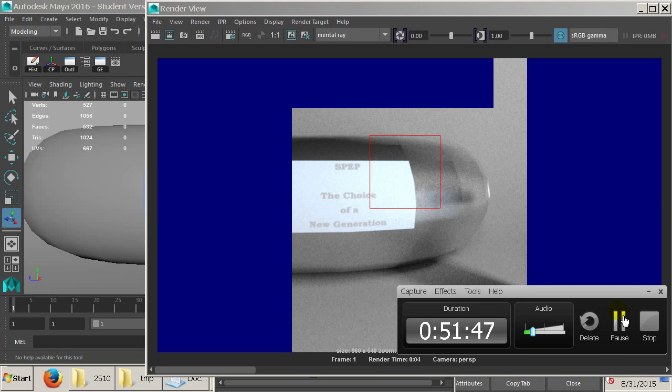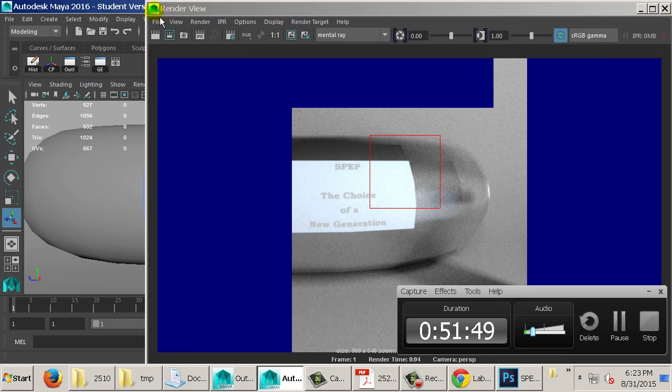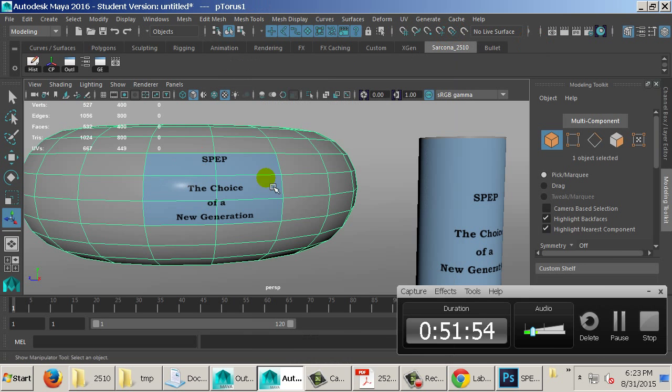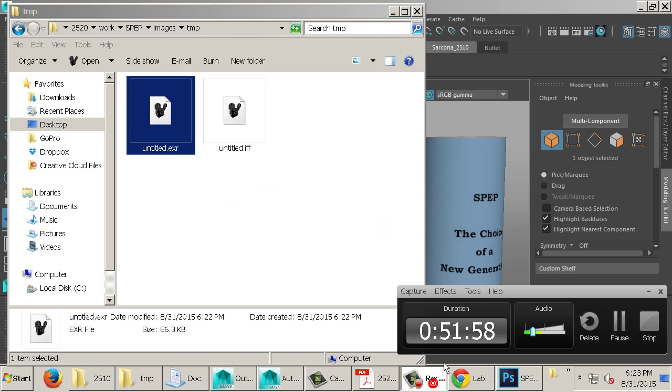So you just texture it just like normal. And then we'll render that out after the fact. Okay. All right. So I'll save this lecture